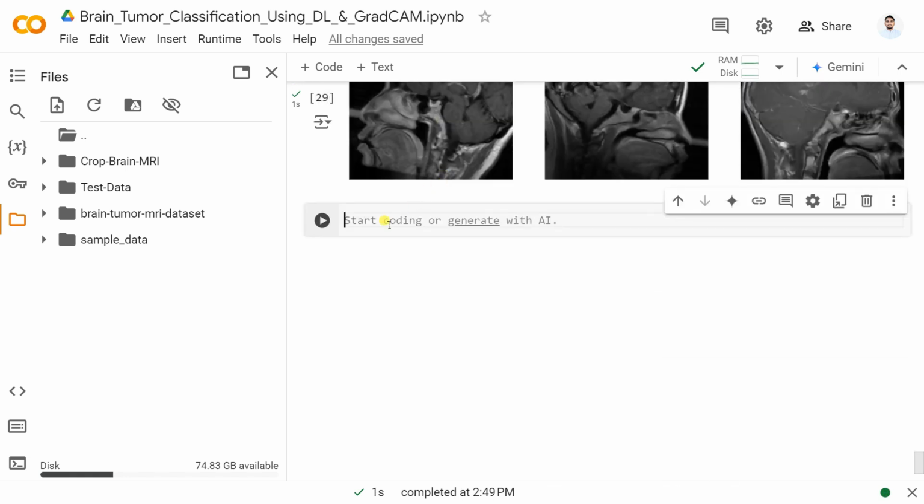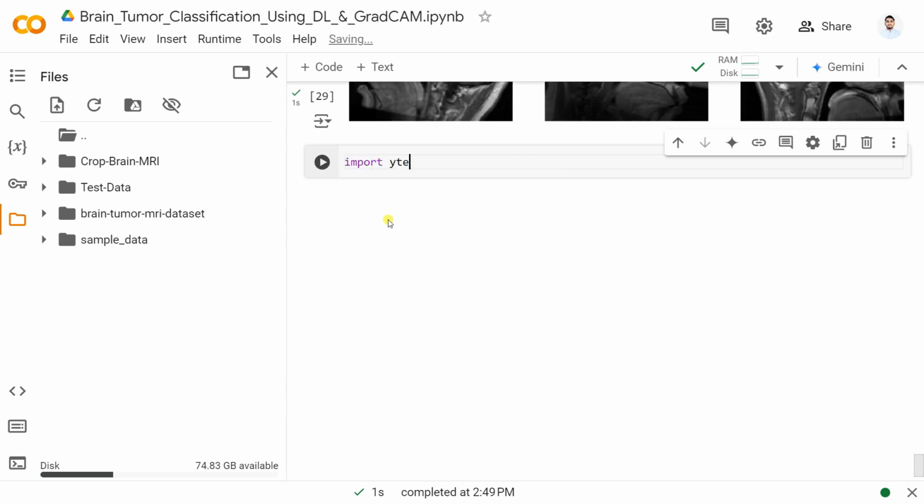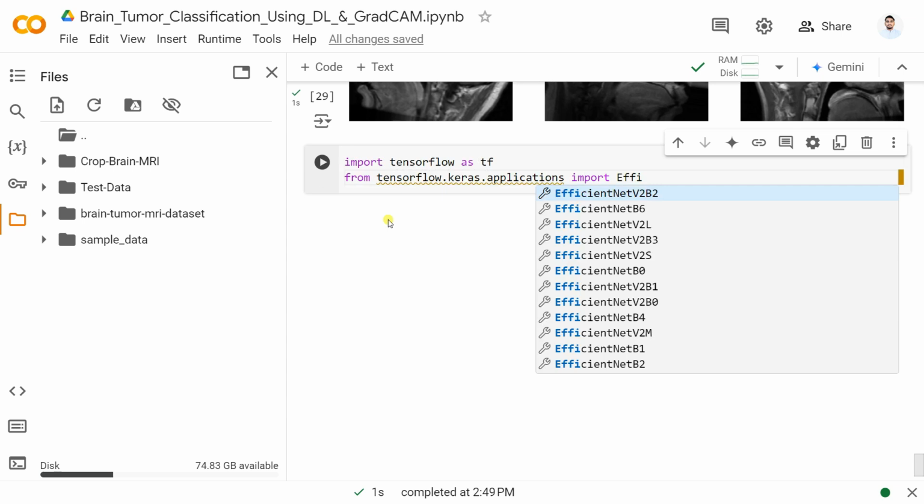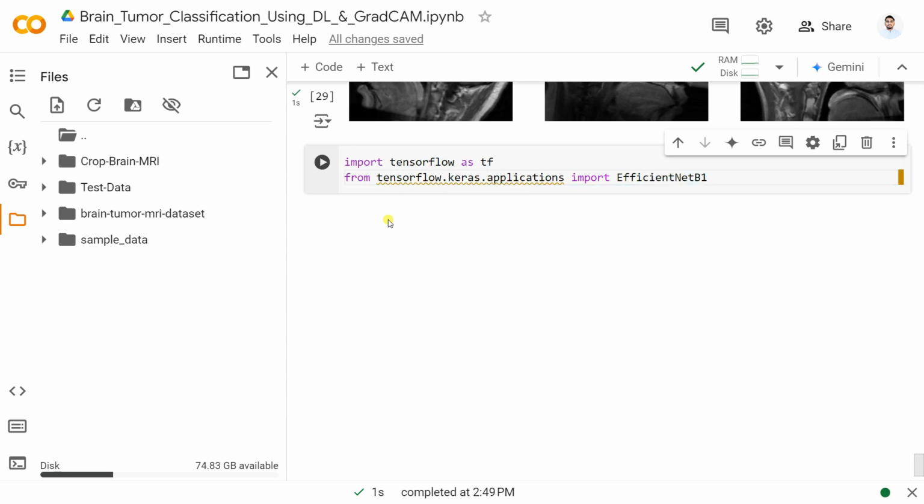Now we're creating here our models, right? Our deep learning models. So for this case, we're going to use the EfficientNet B1. So let's import it here. Let's import TensorFlow as tf. Then from tensorflow dot keras dot applications, I'm going to import here the EfficientNet. You can see there are so many models, you can use any of them, but I'm going to use here this EfficientNetB1. Then from tensorflow dot keras dot models, I'm going to